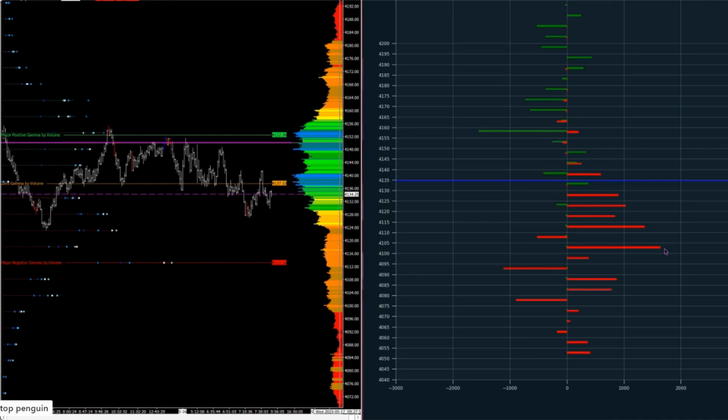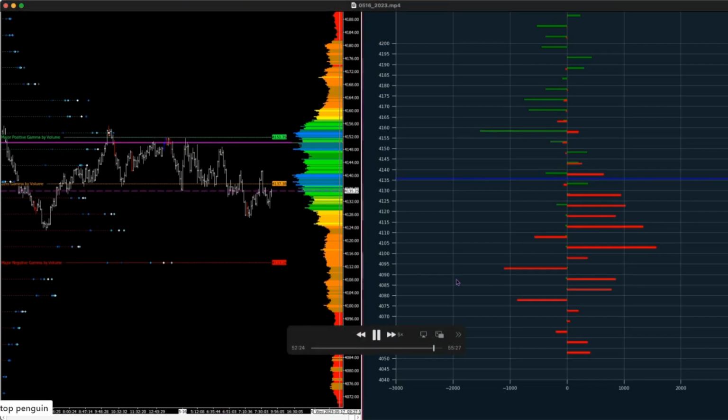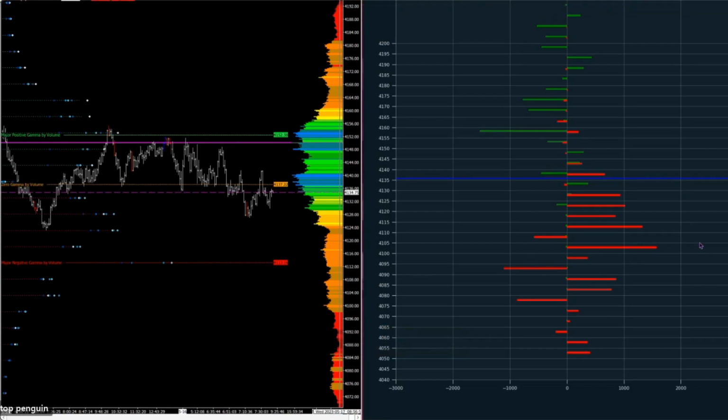Well, one of the things that I have noticed though is that there's usually somebody holding a ton of really far out of the money puts every single day into close that expire worthless. Yeah. And today it's probably going to be the 4095s here. Are those new positions? Right here it looks like those would be, because 0DTE would essentially be